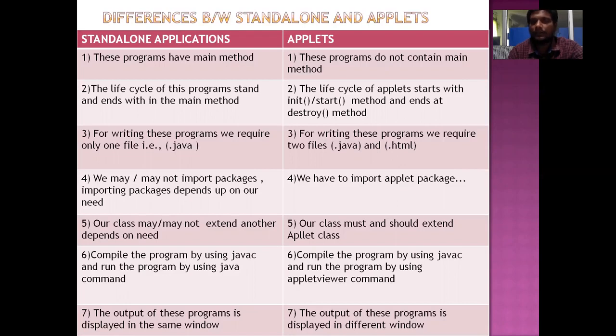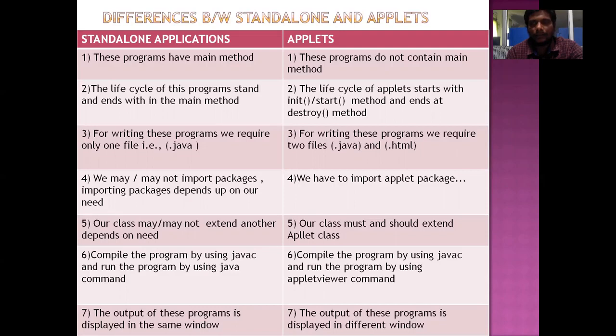And paint is a method which is going to take a graphics class object as a parameter. By using that graphics class object, we are going to write something on the applet or draw different shapes or color the different shapes on the applet programs. Yes, so applet programs do not contain a main method. Instead of the main method, we are going to use that paint method.